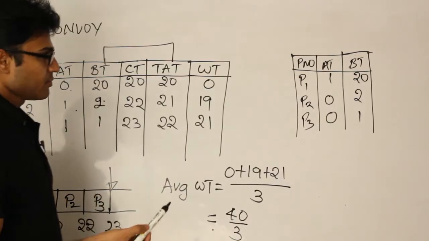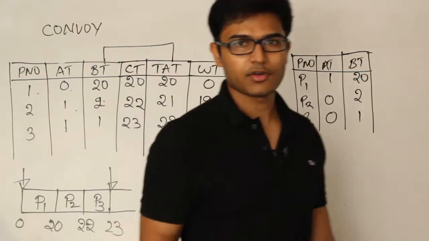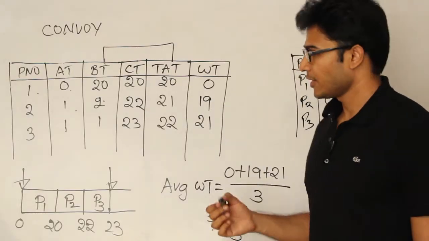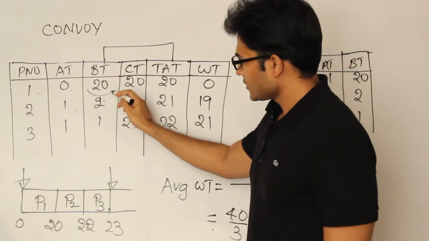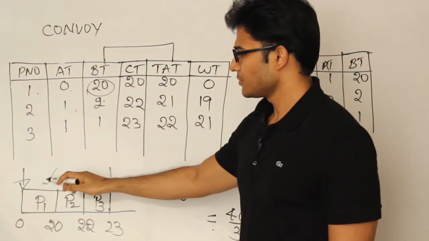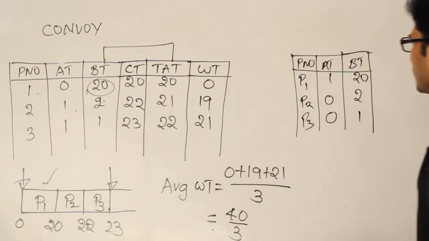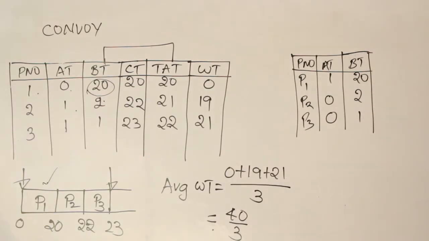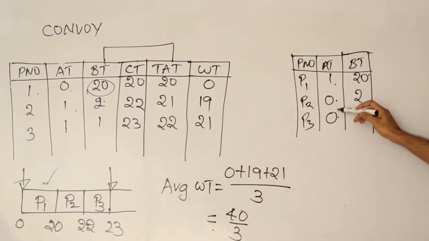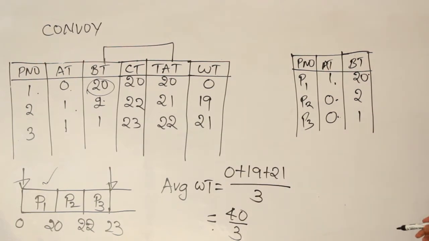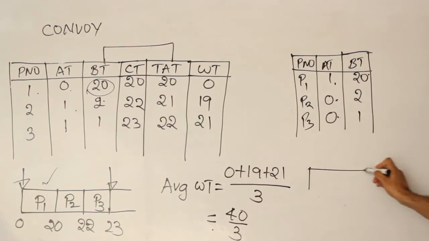Now let's do the same processes in a different order. If the arrival times are different, see here, what happened is the one with the largest burst time arrived first. That is why P1 got scheduled first. Now if the same three processes arrive in such a way that the one with the largest burst time arrives last, which means all the remaining processes have arrived early and this one arrived late, I'm just drawing the schedule here.